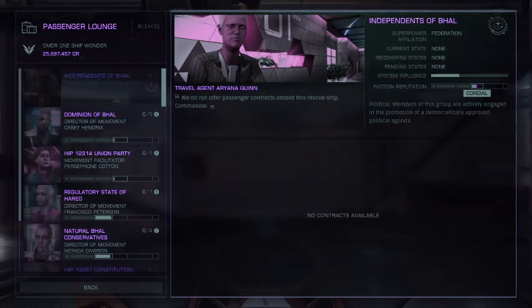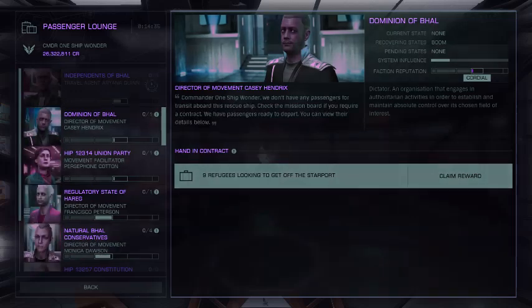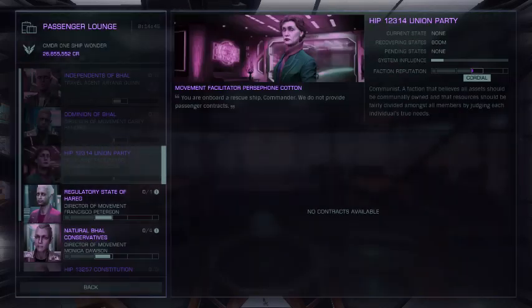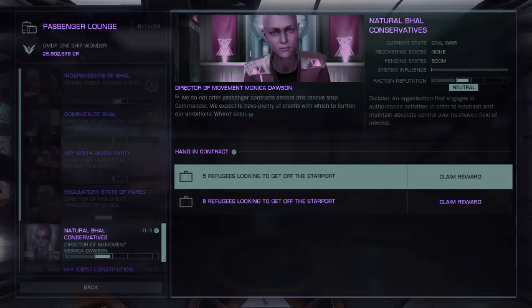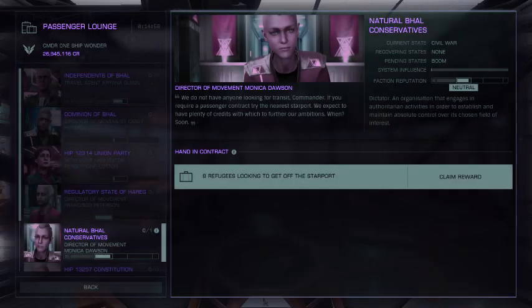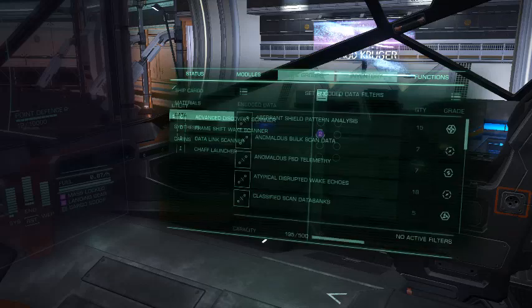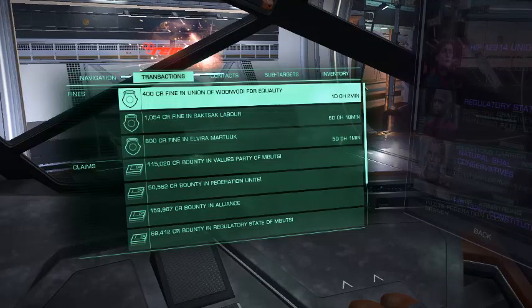So, 2,225,591. Roughly 1.5, not quite 1.5 million. I mean, it's not bad. If you could make 6 trips, that's 9 million an hour, which I believe, I mean, I know I could make more than that in the other place, but